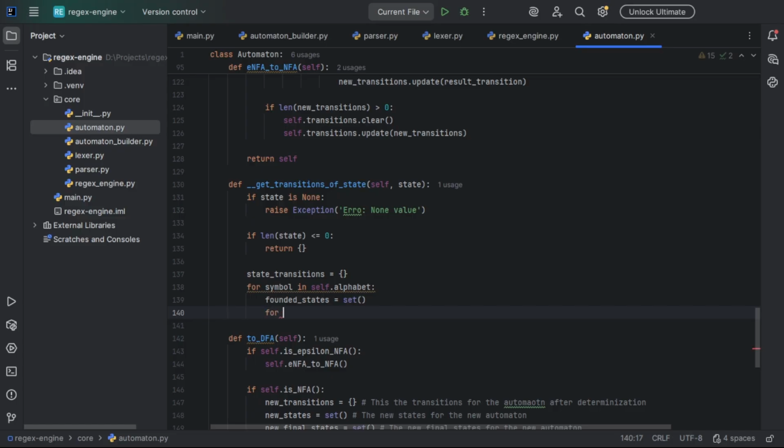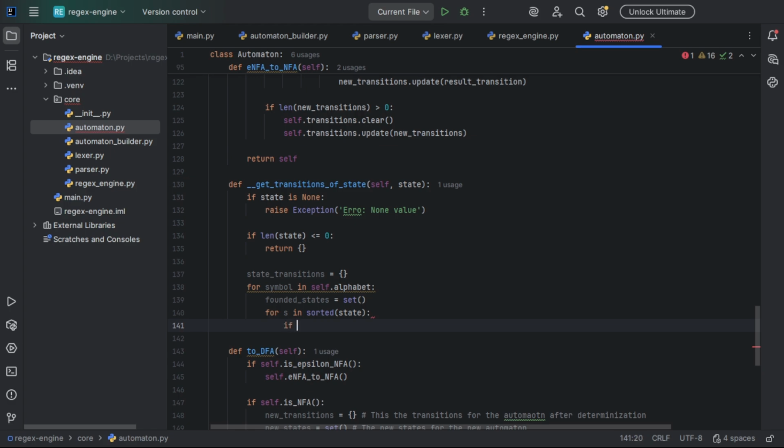So for each state in the sorted state list, we check if self.transitions of s with the symbol is not none,